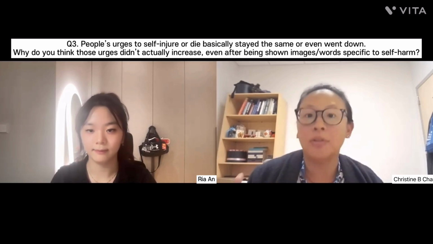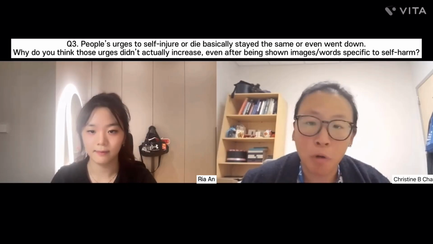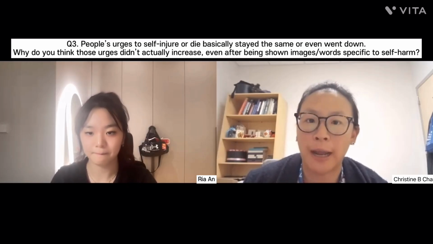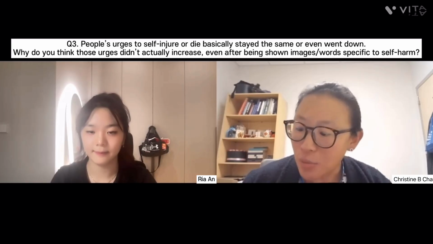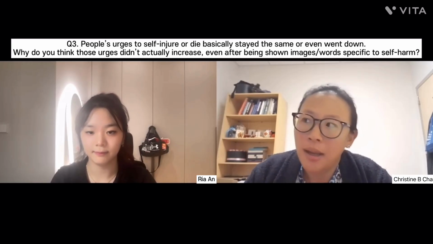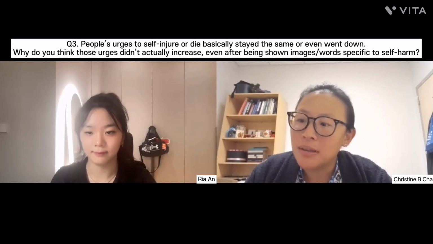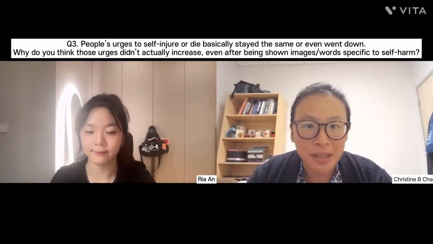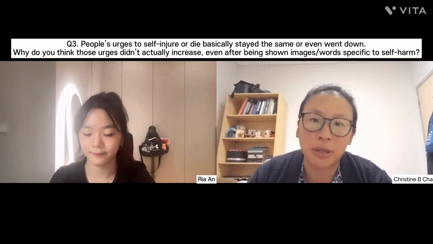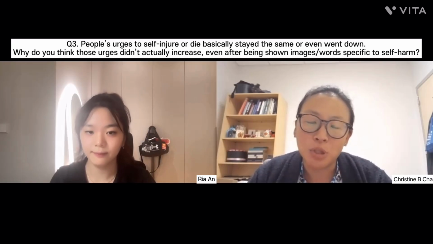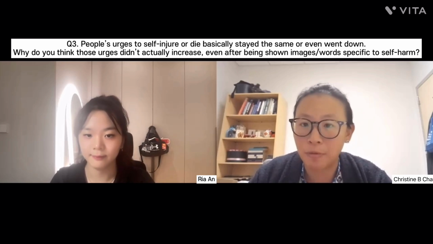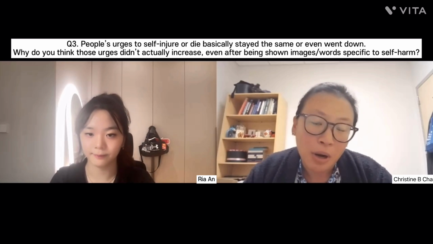But at the group level, it was really nice to see that overall desire to die, desire to self-injure doesn't really move much before and after taking this task. As to why it is, I think a few different things. One, in some ways, these aren't necessarily new concepts that we're introducing to individuals, regardless of their personal history. So let's say some of our suicidal research participants, those who have actually attempted or considered suicide before, these are not new concepts to them.